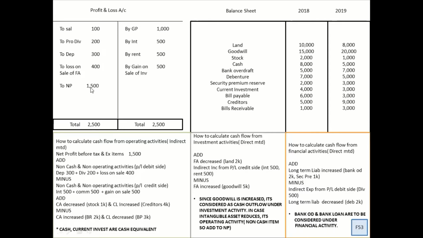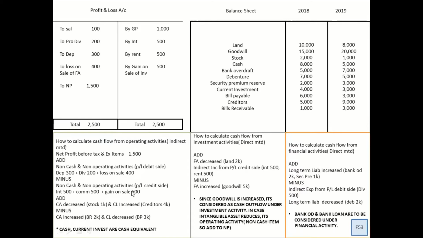So I will be adding on 1500 what all figures? 400, 300 and 200. If you see, I have written it over here. And what will I minus? I will minus the credit side of P&L. And what would that be? Again, your non-cash and non-operating. All these three figures are your investment activity, which is nothing but non-operating item. So I added all these three. So ideally what has happened on 1500, when I added this and subtracted this part, I got 900.